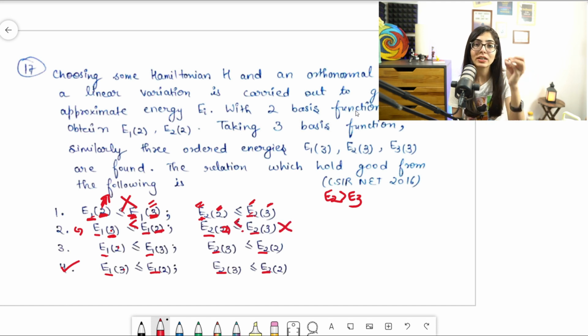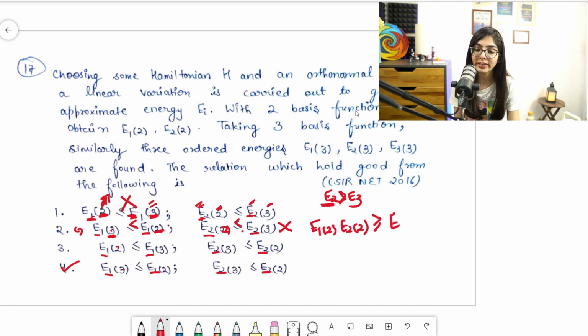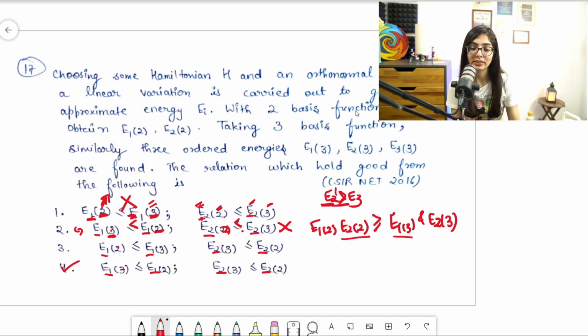Always, in the constituents also, it will be greater only. E1 of 2 and E2 of 2 will obviously be greater than or equal to E1 of 3 and E2 of 3. So why go into this when I can just tell by the trial wave function numbering only? If I go down to this part, can you say again 2 is less than 3? But 2 is greater than 3. This we concluded, no? So this is again wrong.